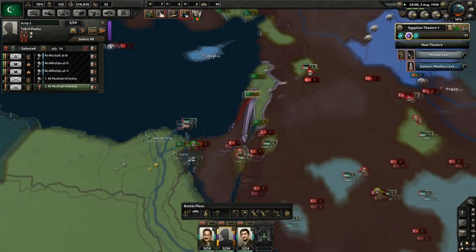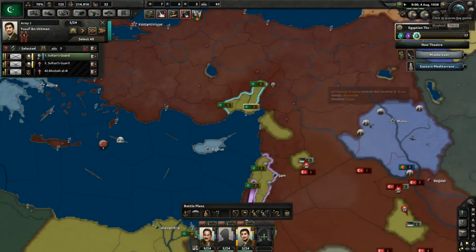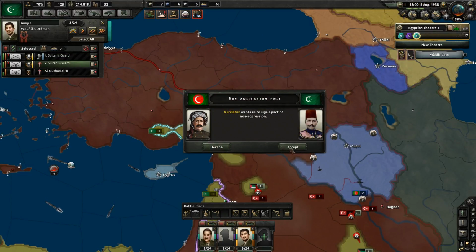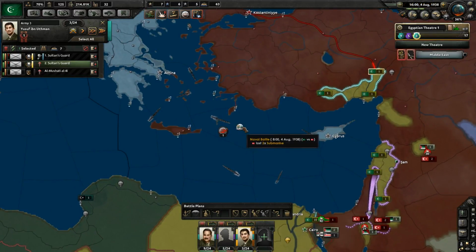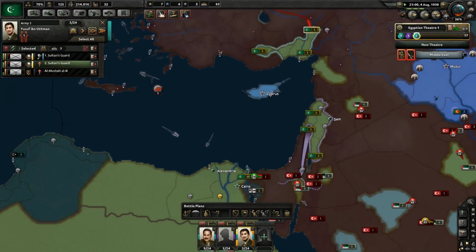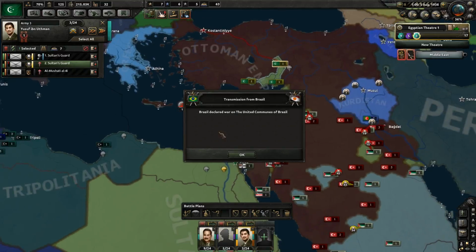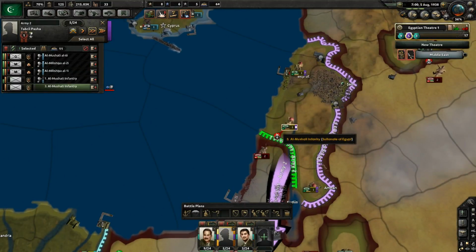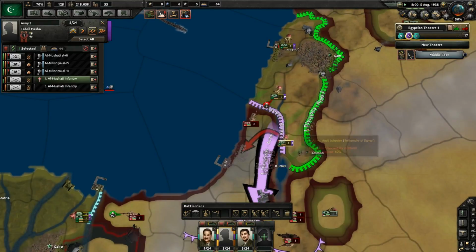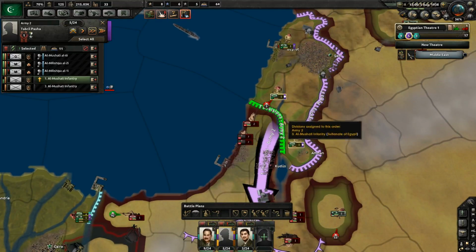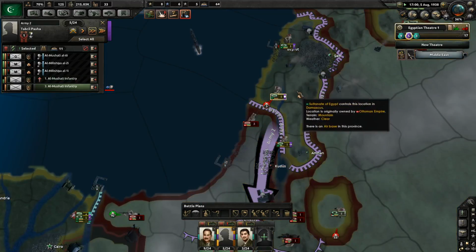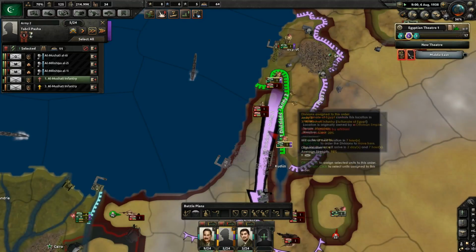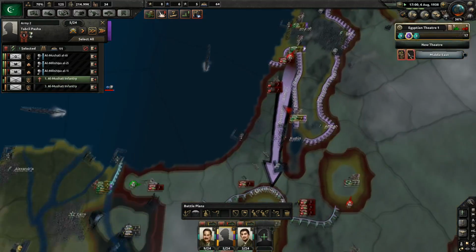Having a good time with, you know, taking down the Ottomans, and it's even better if the Ottomans get like a bunch of help from various different countries like Germany, and if, for example, Russia has Savinkov as a leader, then they'll probably send in some volunteers to help out the Ottoman Empire. And Austria and Bulgaria are likely to send in volunteers for the Ottomans as well. If they do, it's even more fun to take them down because, again, they provide much more of a challenge. And yeah, that's basically about it.